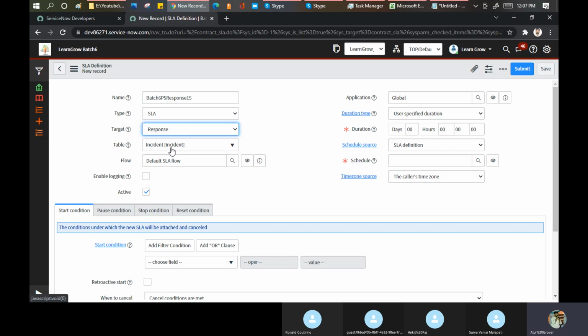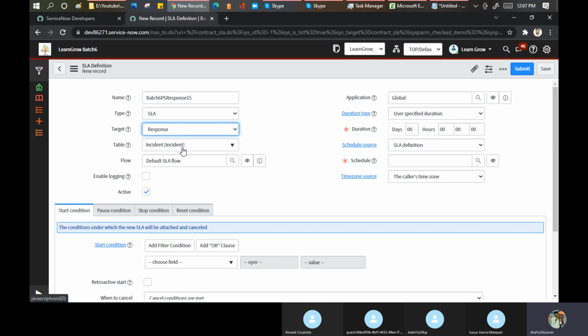Now I come to the table. I'm not picking up my own table; I'm going to work on the incident table so that I can show you some things. The only reason is that in our table we don't have a specific kind of fields available, we don't have states available, so it is a little tough to do that configuration.